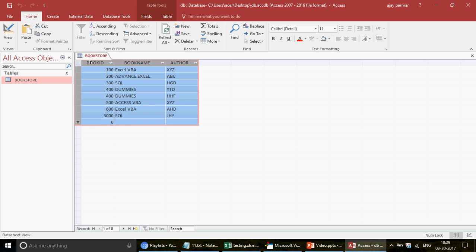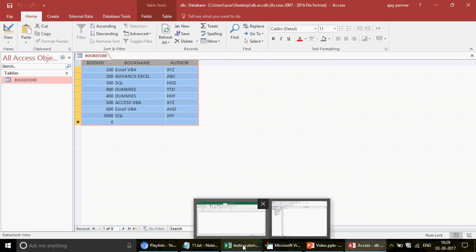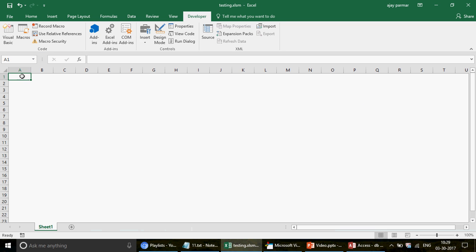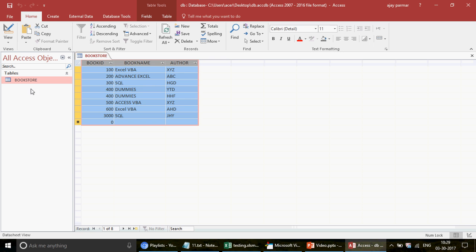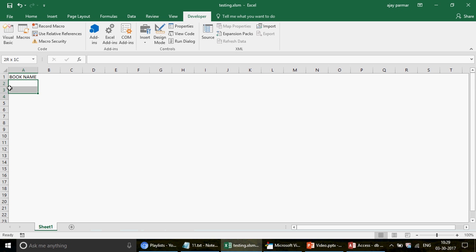Now guys, what I need is, I want all the information to get imported in column A. So here I'm going to write the book names. For example, what we are trying to do here is import all the book names, only the book names, not any other item. I don't need the book ID, I don't need the author, right? So once I have all the information here, I will get that information passed on to my user form,